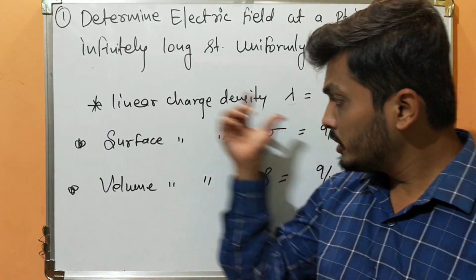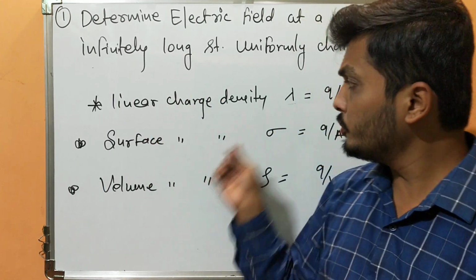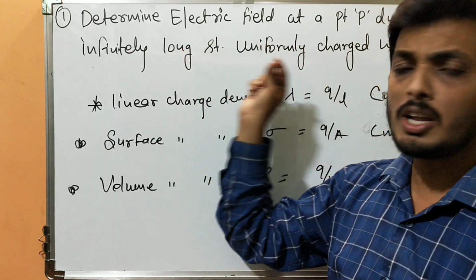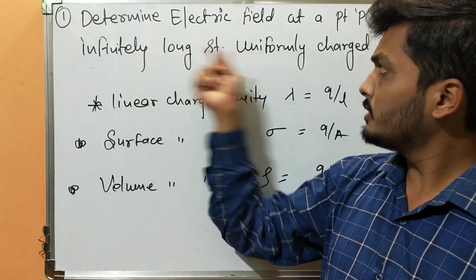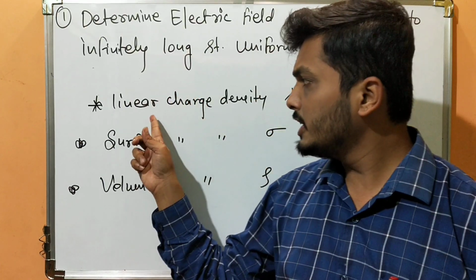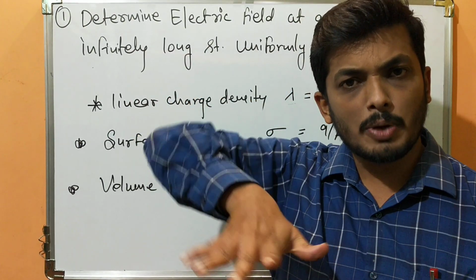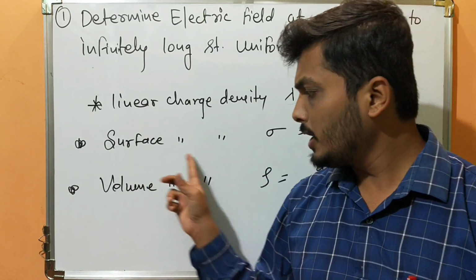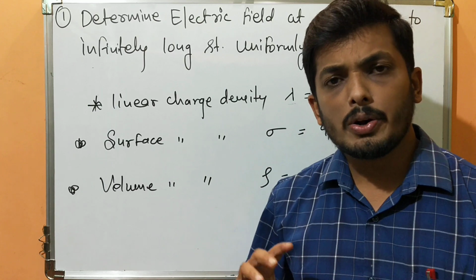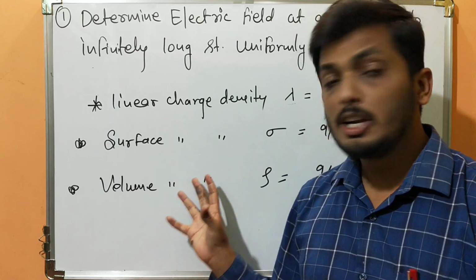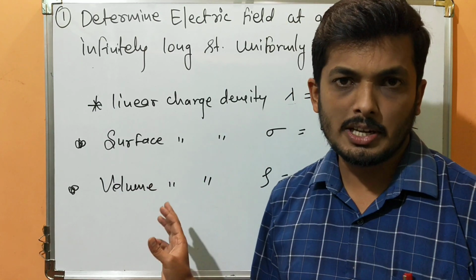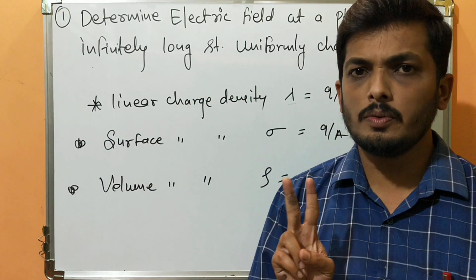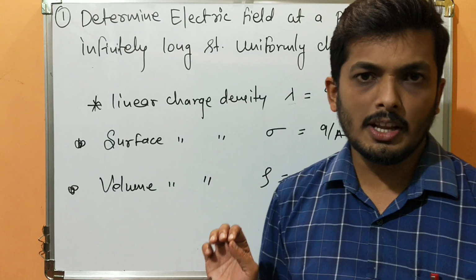Are you understanding? You have already studied this, because we need to apply these things, since it depends upon what kind of material we have. So it's a straight wire, so we need to consider linear charge density. If it was a spherical body, then we might need to consider a surface charge density. If we have a cylinder or sphere, a 3D object, then I need to use volume charge density. So these are the requirements plus Gauss law. Only two things we require, and let us find the electric field.